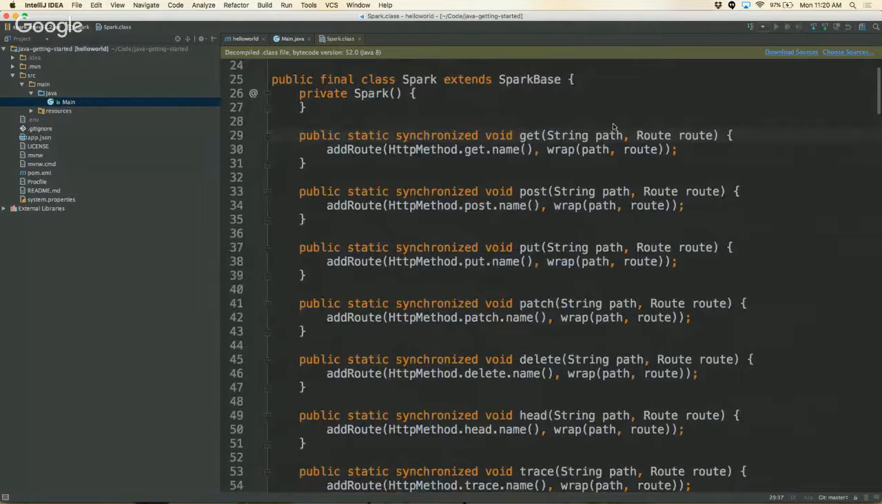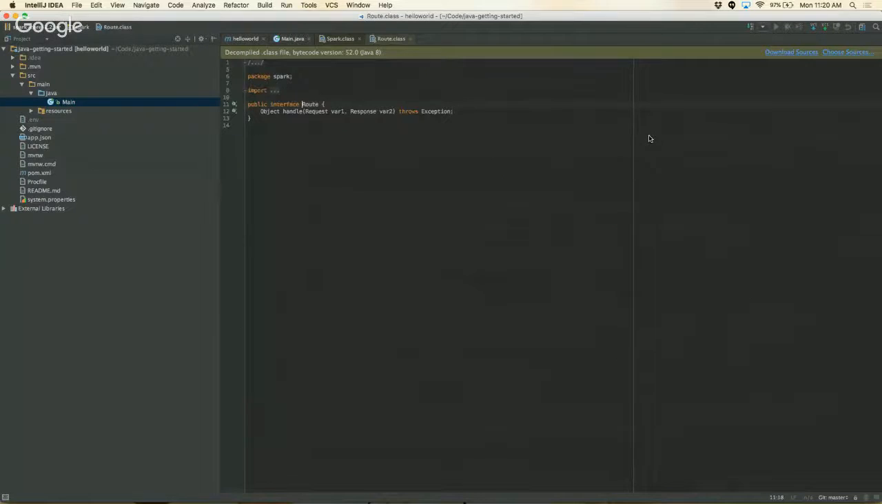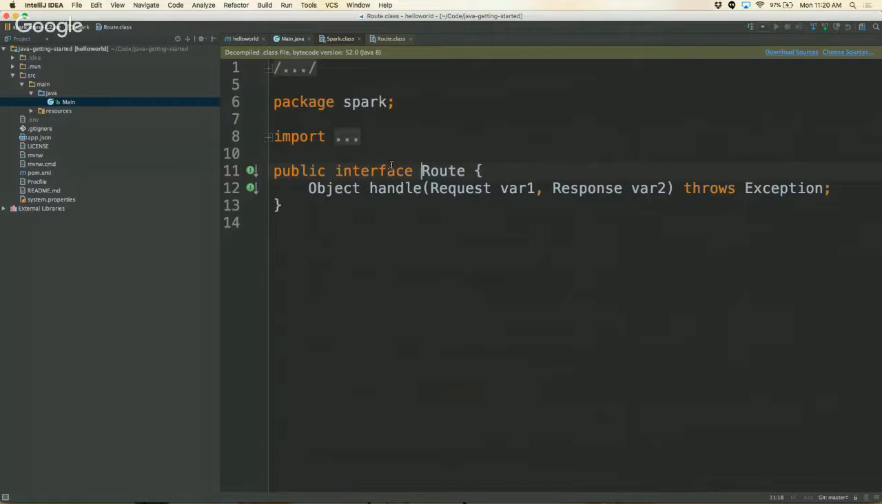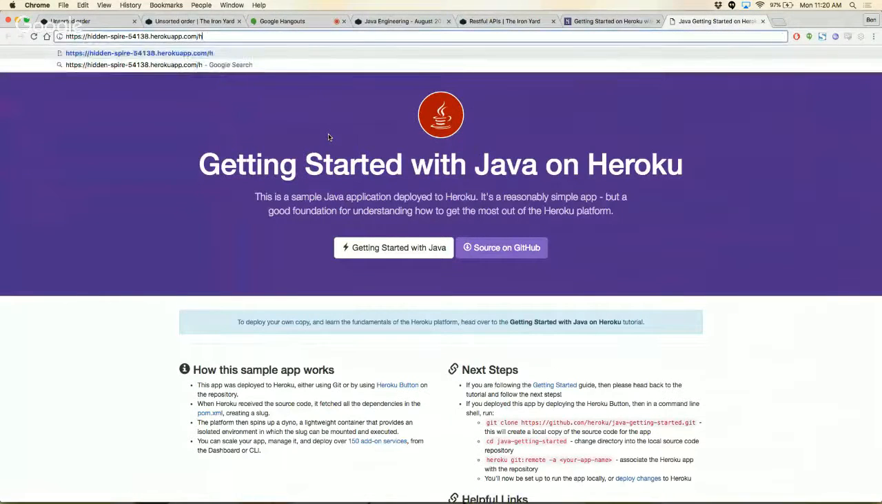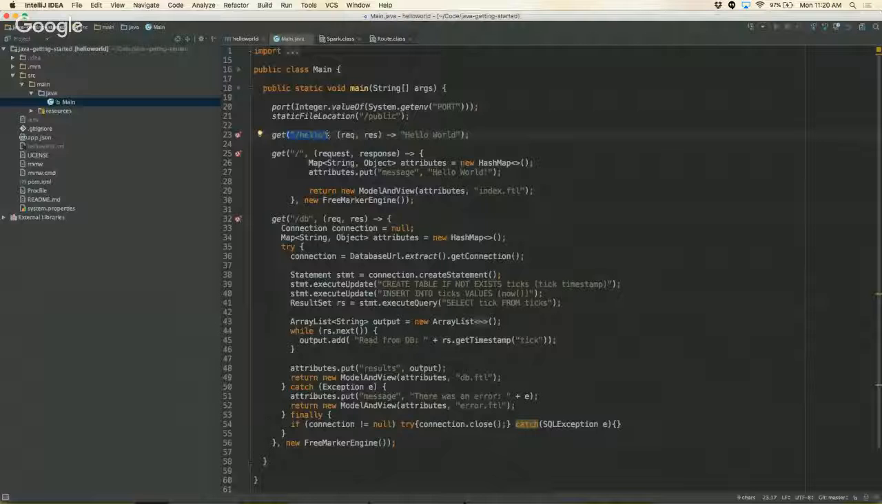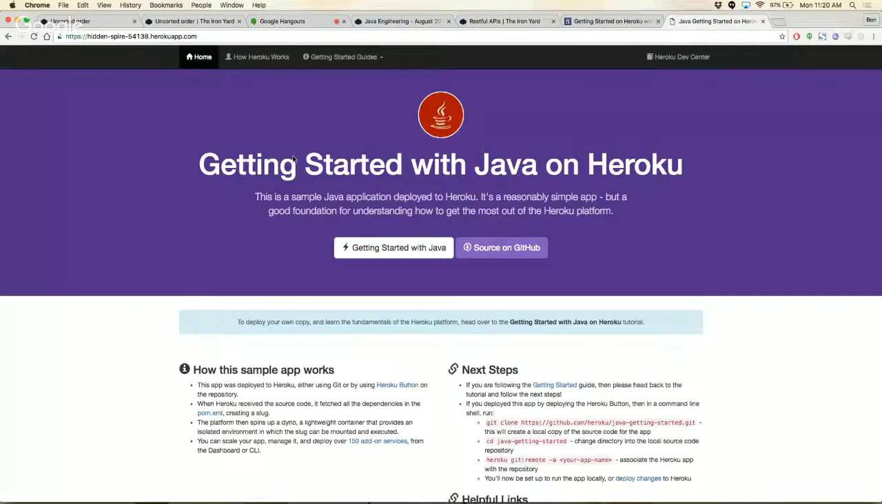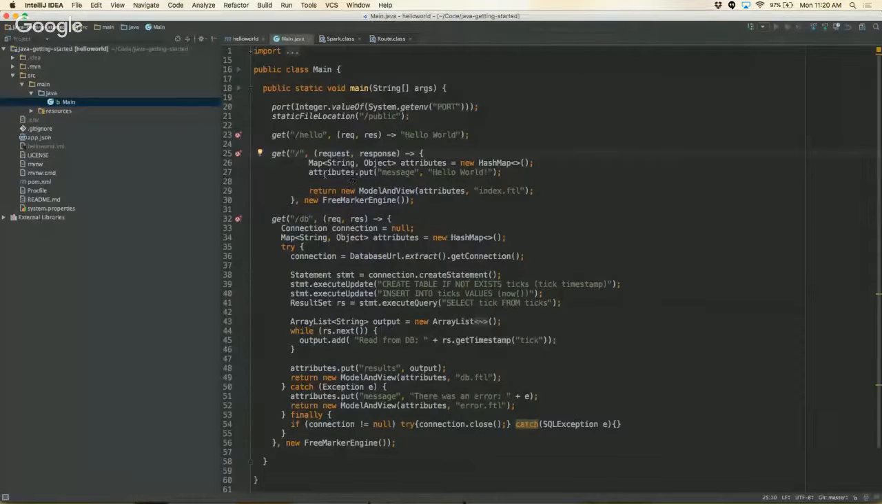So we have this. The second parameter here is a route, and a route is what's called a functional interface. We'll go into that in more detail later. Know that this represents an action that you perform when you go to this URL, right? So if I go to my web page and I go to /hello, also if I hit /, which is shorthand for just the root,